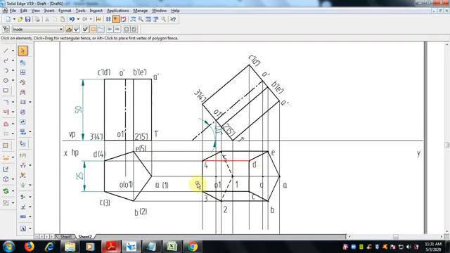Oh, this is over. So the edge 1 to A is hidden, since it crosses the visible face.